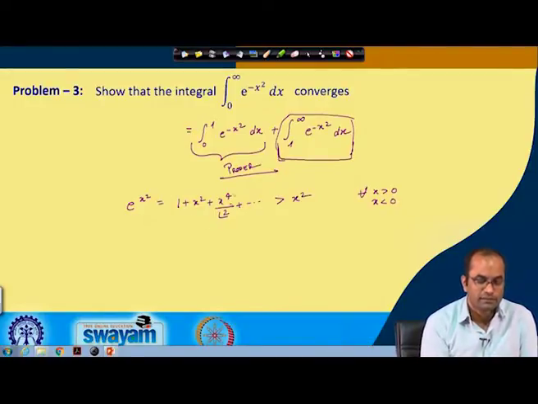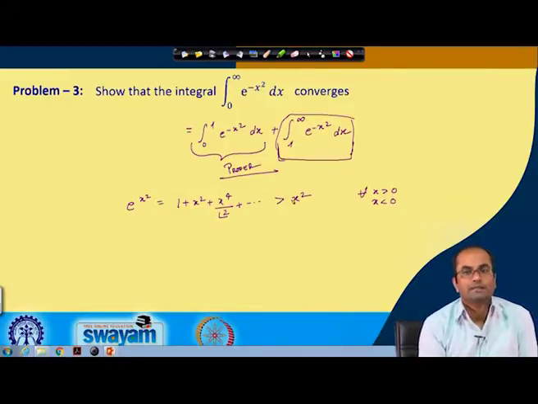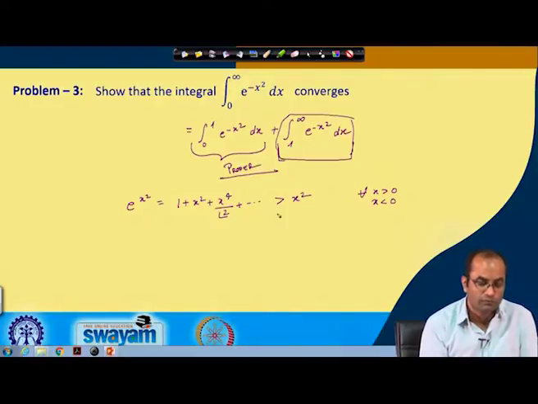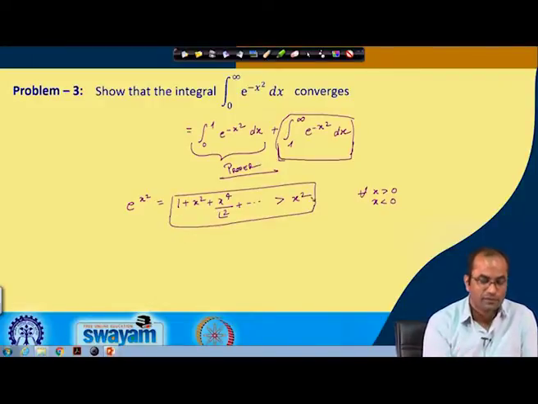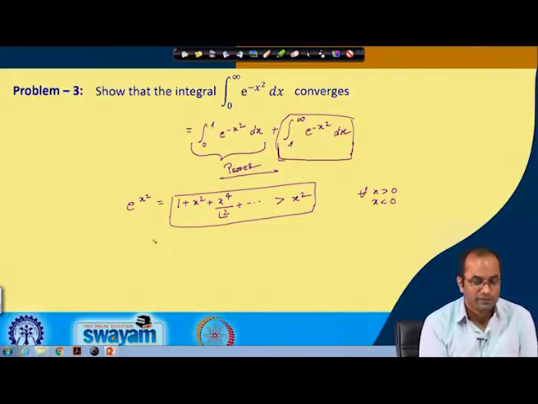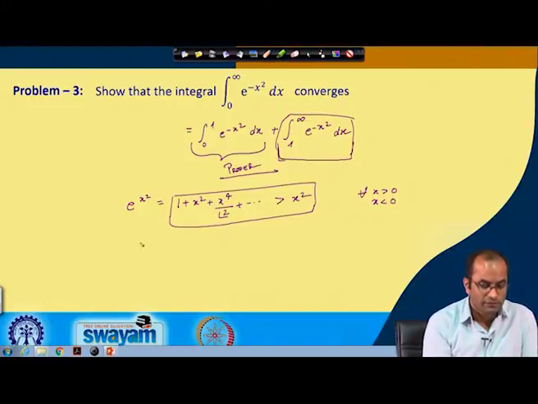So, 1 plus x square will be larger than this one, because this is exactly the same term we have taken here, and all others are positive terms. So, in any case, for all x this inequality will hold, and now what we will do here. So, we have the result now that e power x square is greater than x square. So, we can invert it. So, we have e power minus x square, and then the inequality will be changed here, and 1 over x square.